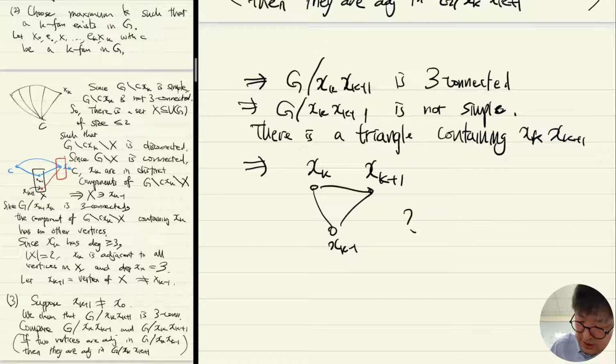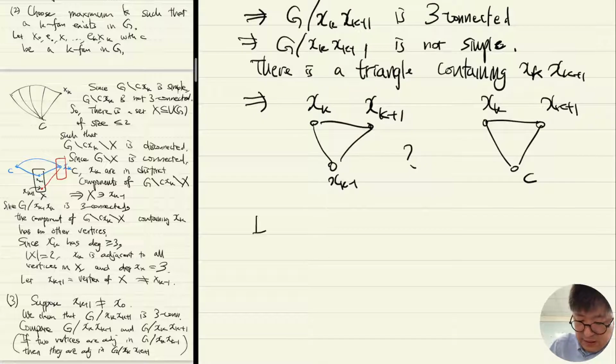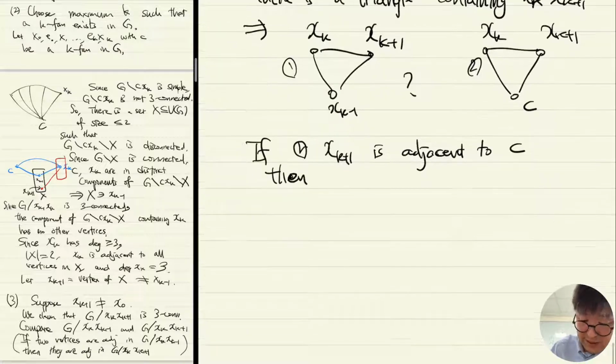That's one possibility. Or xk plus 1 and c. So if this is the second case, xk plus 1 is adjacent to c, then what we end up is